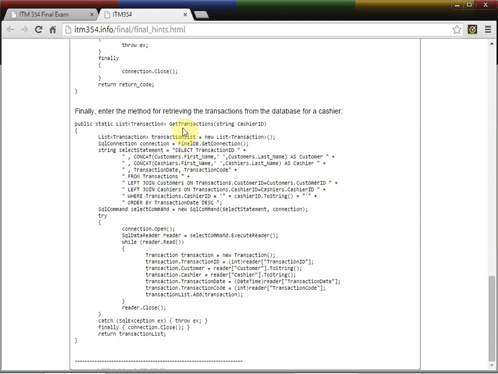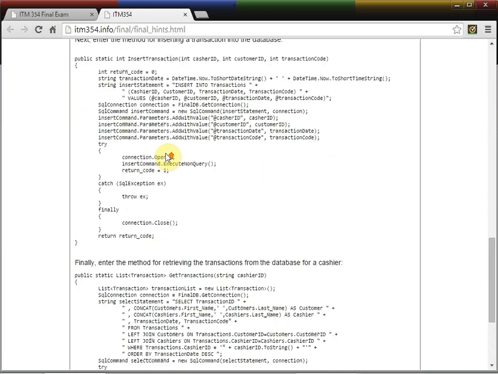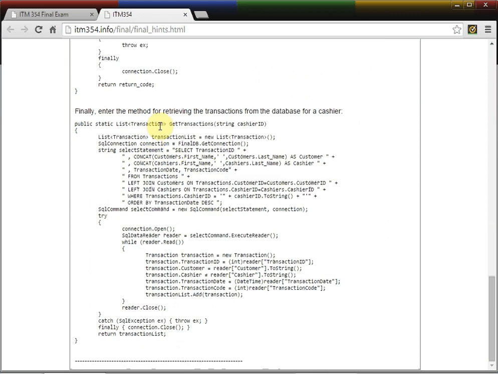We're going to use this code here, which populates this. This code here reads the transaction. This is in our database. This is the get transactions method. It reads up the set of transactions for this cashier ID, stores them into this container,